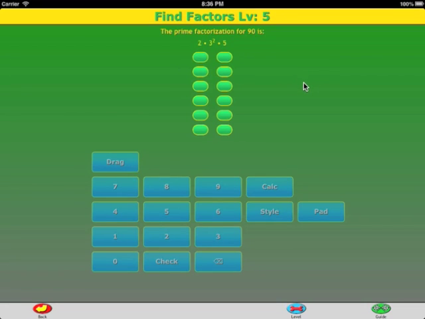Welcome to the Factor Tree app. If you have not done so, it is recommended that you complete the Factor Tree or upside down birthday cake